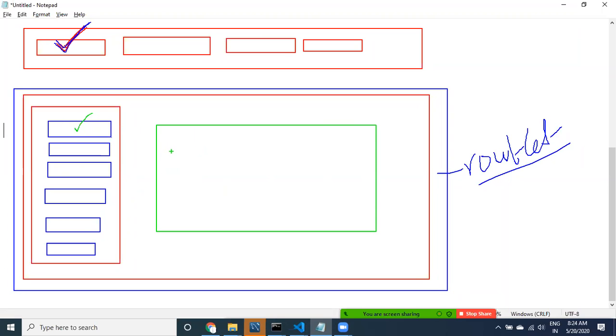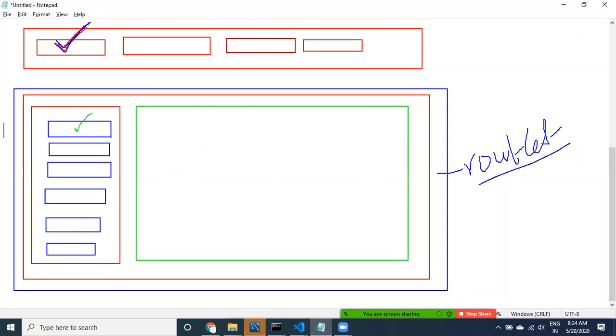So what I need to do, I need to implement this part as also a router outlet. So actually blue color is router outlet. Within the router outlet, the component is displayed. Inside the component, it is pointing to, see here guys, what's happening. If we select here, this router outlet is going to be placed with a new item. So this is sub component 1, sub component 2, sub component 3. The selected component is going to be displayed here. The selected thing is going to get displayed here.